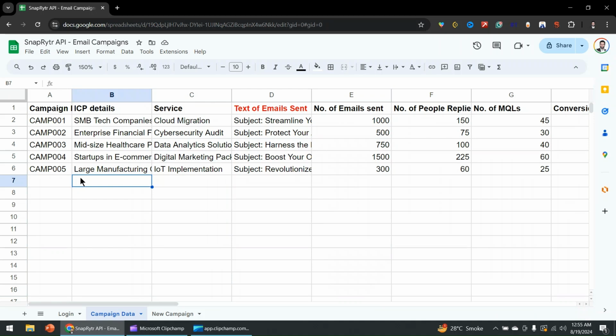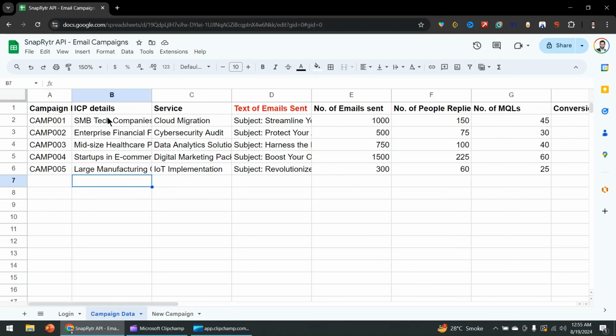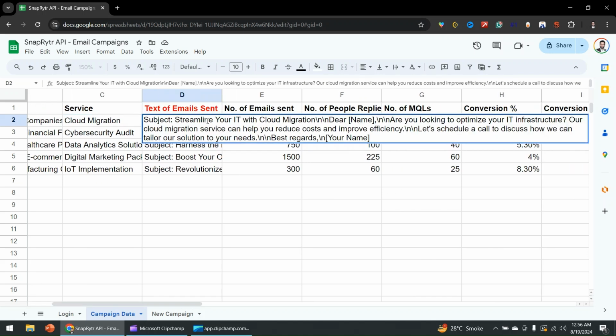I have created this Google Sheet in which you can keep track of your email marketing campaigns and their data. In this sheet, you can have any structure of report of your campaigns. For example, I have the campaign ID, the ICP details, the ICP for which the campaign was designed, the service I want to sell, the emails, the exact emails that were used,